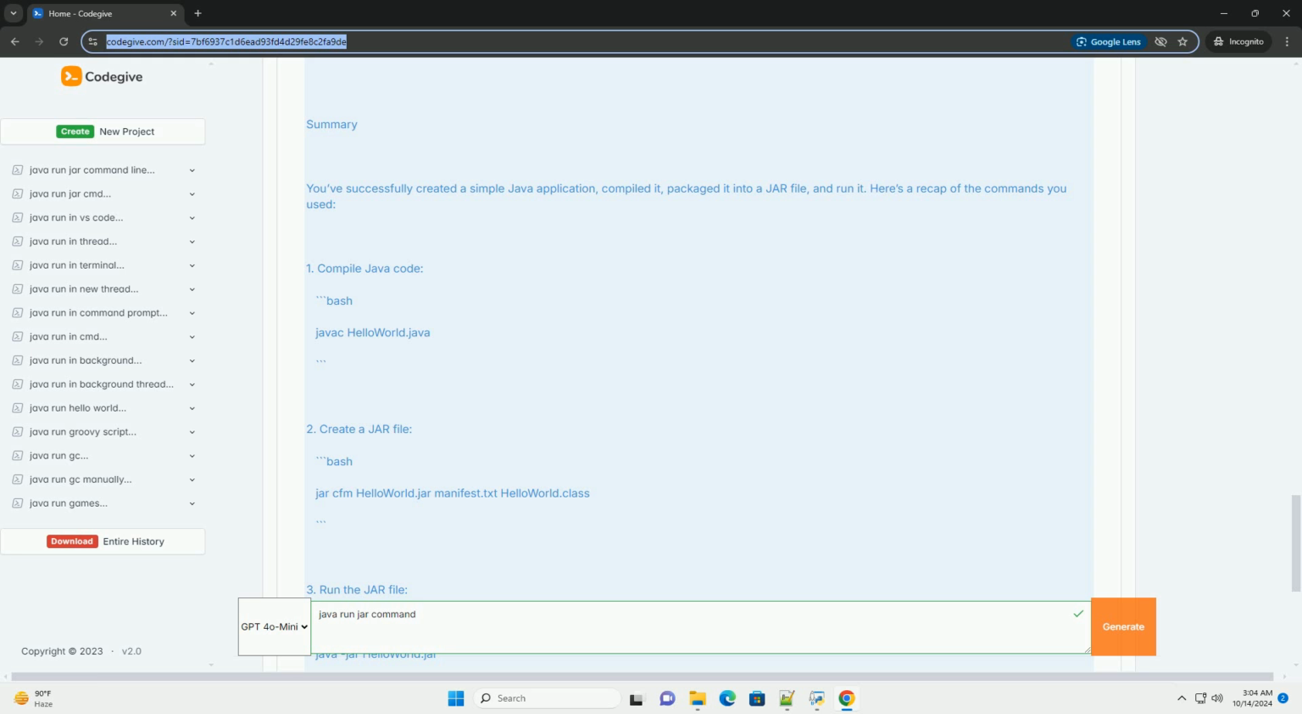Step 1: Create a simple Java application. Let's create a simple Java application that prints "Hello, World" to the console. 1. Create a directory for your project, for example HelloWorld. 2. Inside this directory, create a file named HelloWorld.java with the following content: